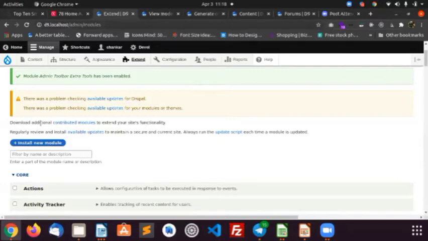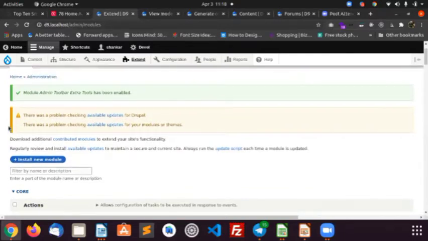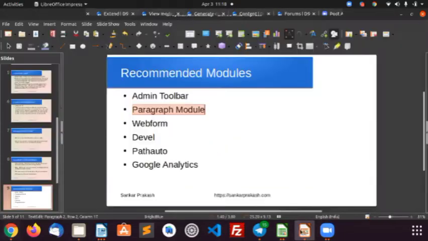Actually, I haven't installed the paragraphs module. It takes time, so I haven't used it now. And also, this is a little bit of an advanced topic, but you can explore this paragraphs module.